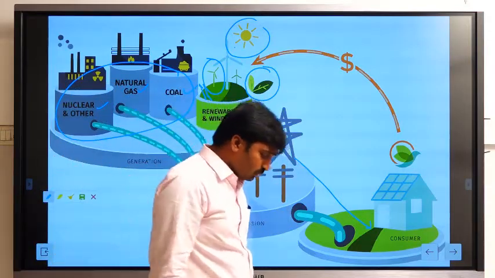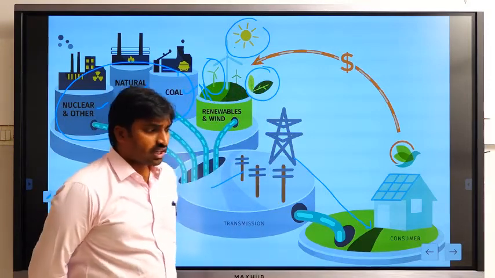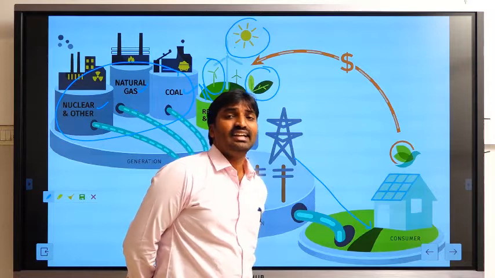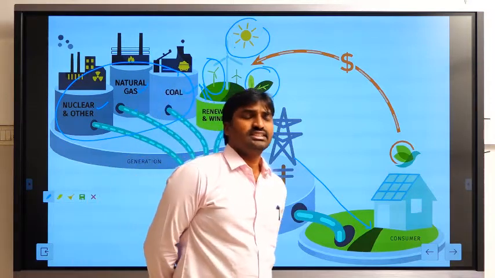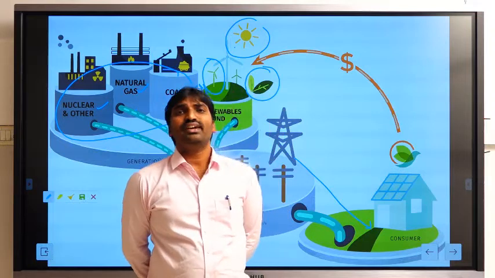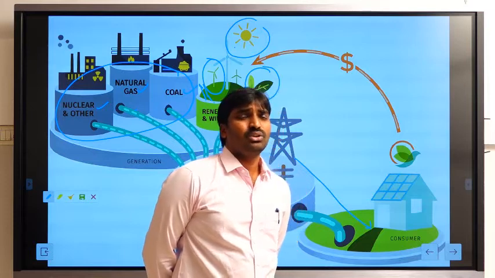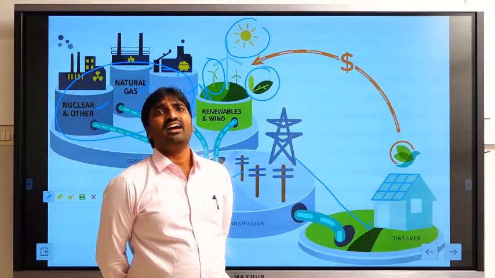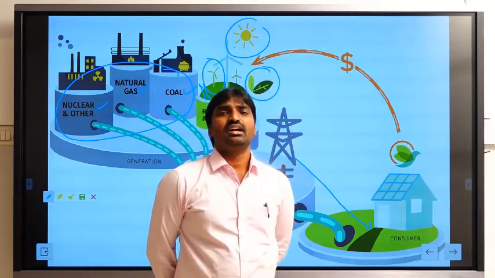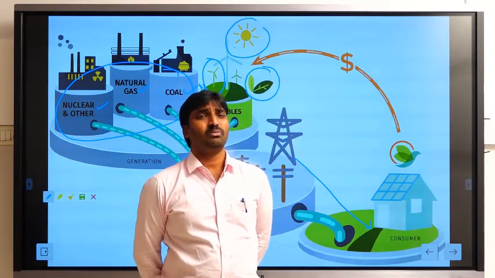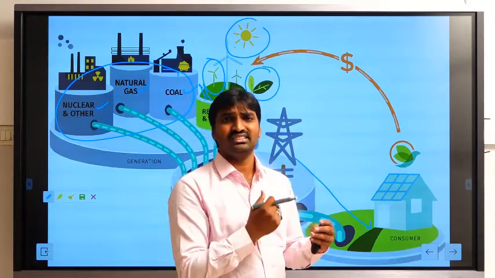And one more important thing is that power consumption directly indicates the financial status of a country. If you consider it, power consumption is very high in America when compared to other states. So we know that developed countries have high power consumption. Why is power consumption very high in developed countries? If it is a developed country, they are always using advanced equipment.